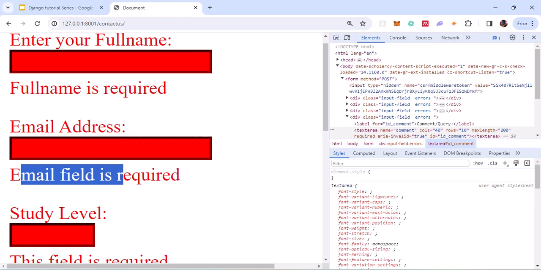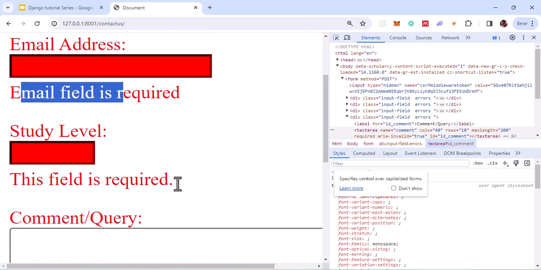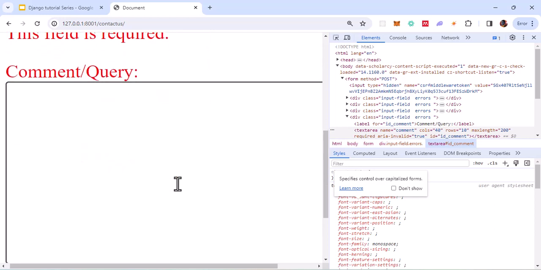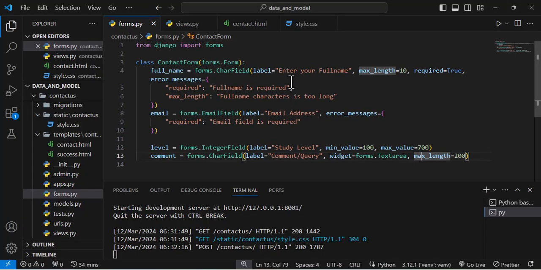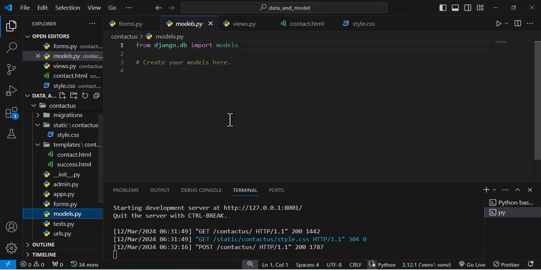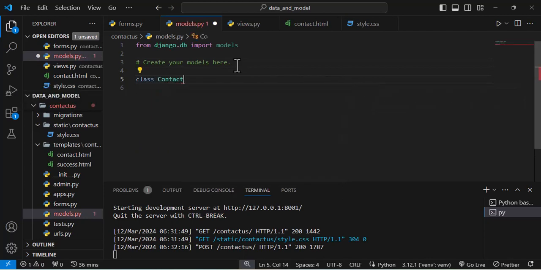Now let's see, of course sometimes the user will enter a wrong value or an unaccepted value. But now let's see, after the user has entered the right value, we should then push it to the database. And to do that, we have learned that already. So let's just see how it works by going to our model and creating the model. Because when you are working with a database, pushing your record to the database, you need your model. So we can then come in here and define our model of contact us, and I go the way of